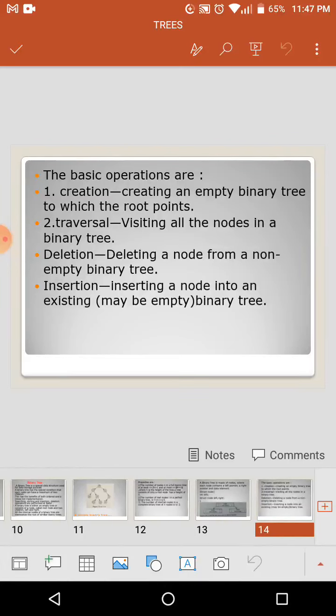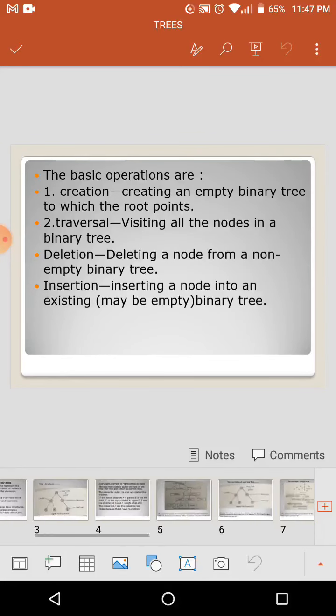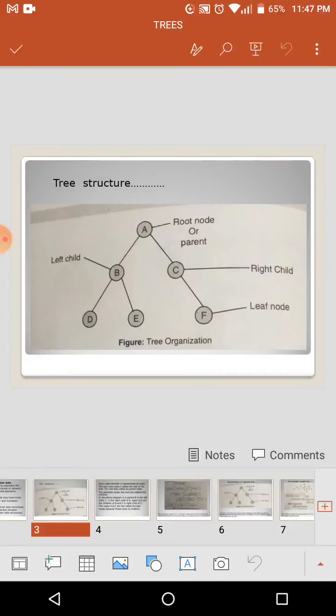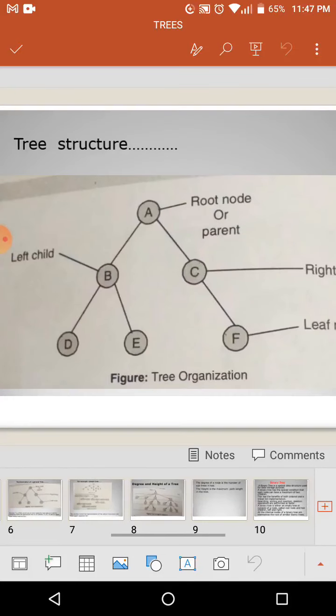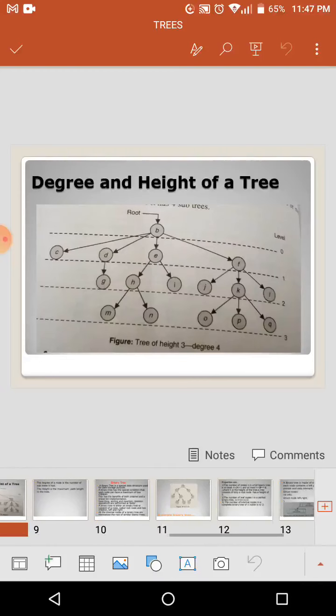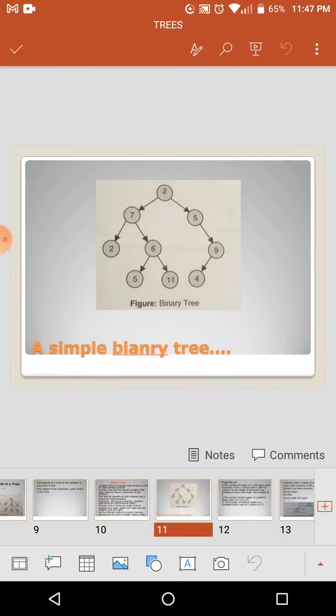So this is the basic introduction and theory, which is very helpful and useful for your notes, and an easy representation of how a tree and a binary tree are represented. What is the difference between a tree and a binary tree? A binary tree has a maximum of two children, but a simple tree can have n number of subchildren. These are the basics of the nonlinear data structure, trees.